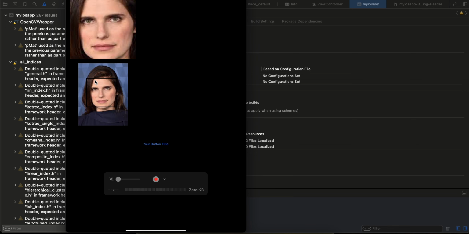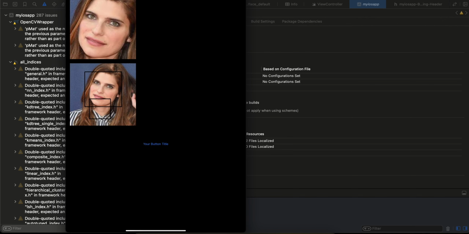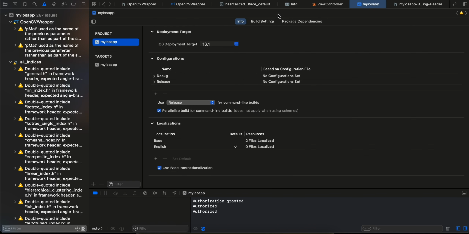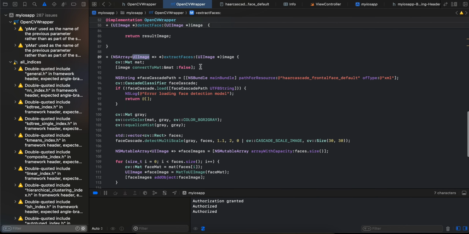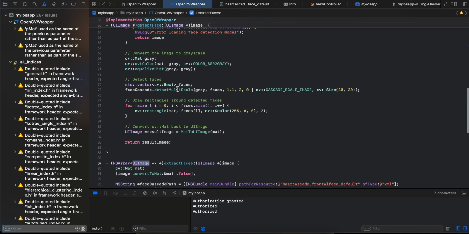Now I want to show you one edge case. Here I will click again on the button, I'll select this particular image, and here you can see it is detecting two faces. I don't know why, but for extracted faces we are only considering the first extracted face which we want, right? So I don't know why, this feels like a bug with OpenCV or that XML file which we have created. One way to resolve this bug is, what we can do is